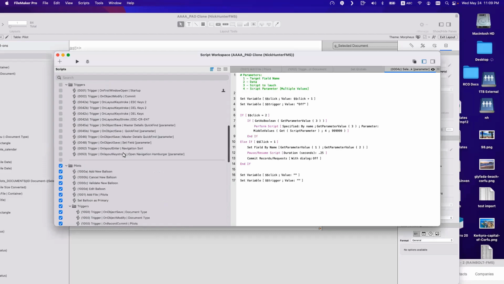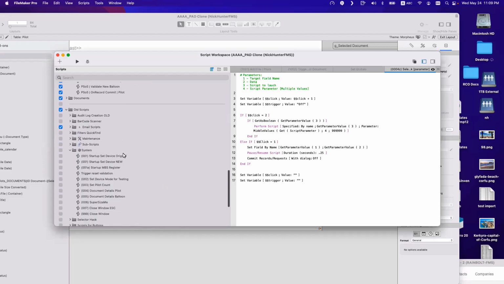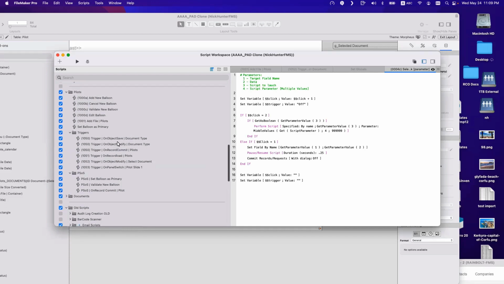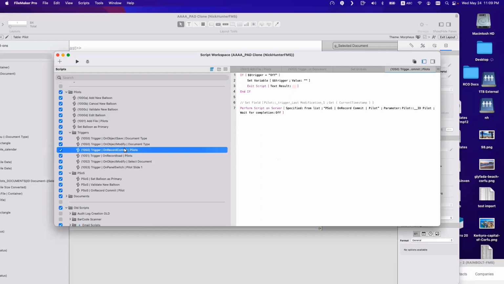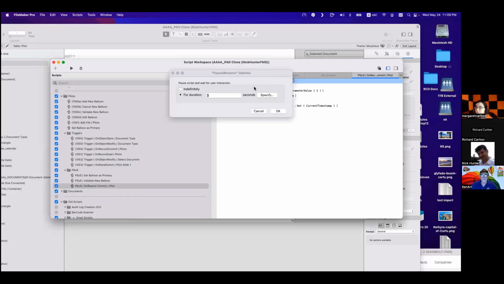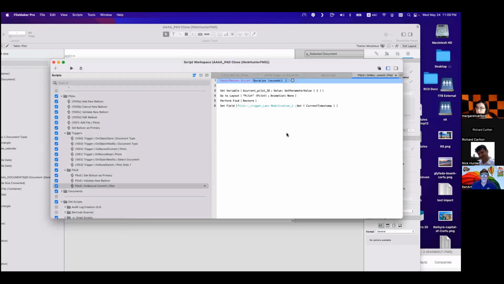But the technique I'm using here is, where's the on commit? On commit, okay. So I'm doing a p-source, right? So when you commit, let's put that in 2 seconds because the freeze is too much.